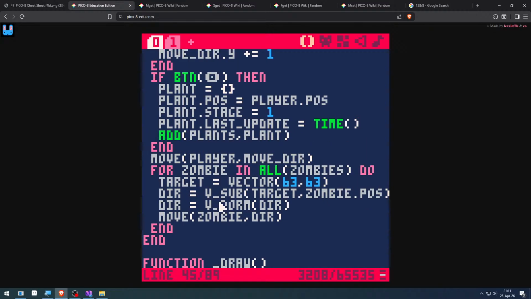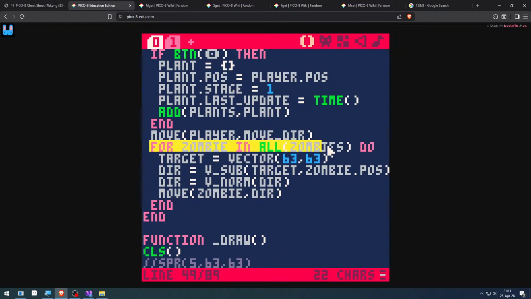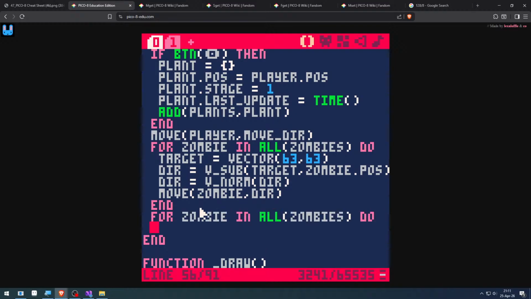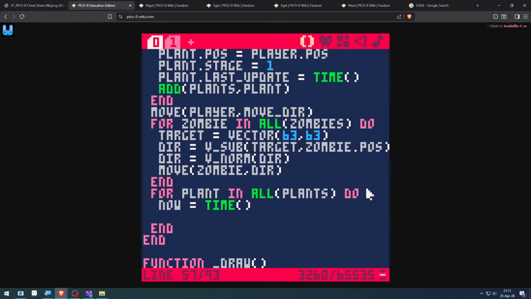And we'll go through all the plants. We get the current time, and we compare if plant stage equals 3 and